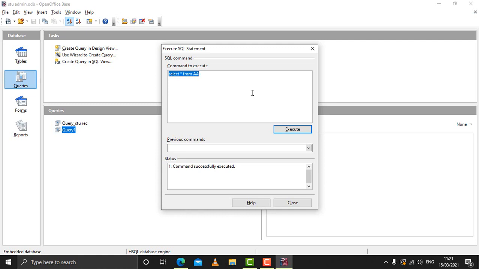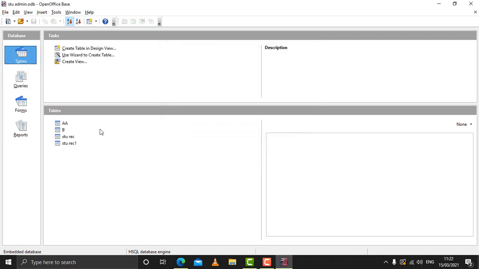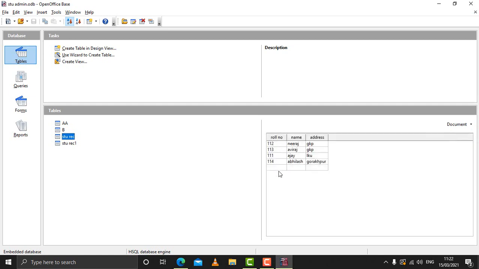If you want some particular information, in a conditional format, that can also be done. For that you need to see the table from which you need to extract the information, conditionally. So close it; we have tables here. To see the content, click on the table, and from this side click on document. You can see the table: year, roll number, name and GKP. Suppose that you want to select all those who are from Gorakhpur from the table STUREC.